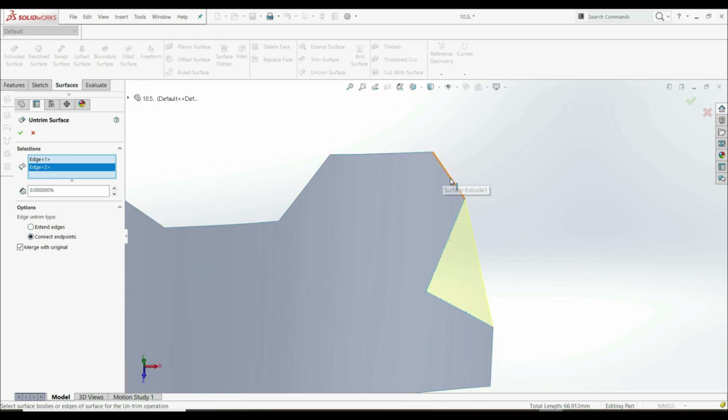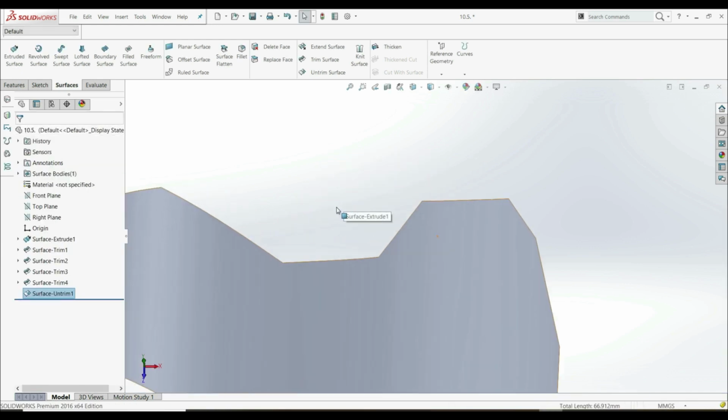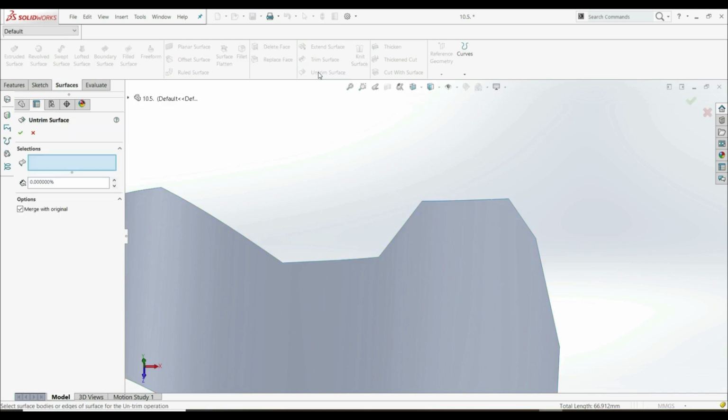Now if we check this one as well, nothing happens. So this doesn't work. You can only use this combination when we have extended edges, like this. So we can delete this, and let's go with connect endpoints. Let's click OK. Now let's go again back to Untrim surface, and let's check this edge, like this, and let's